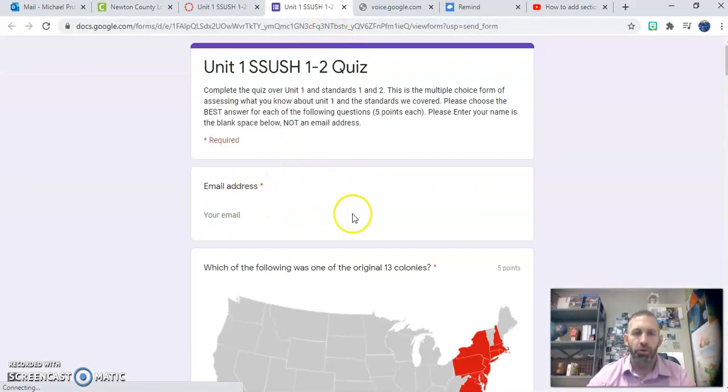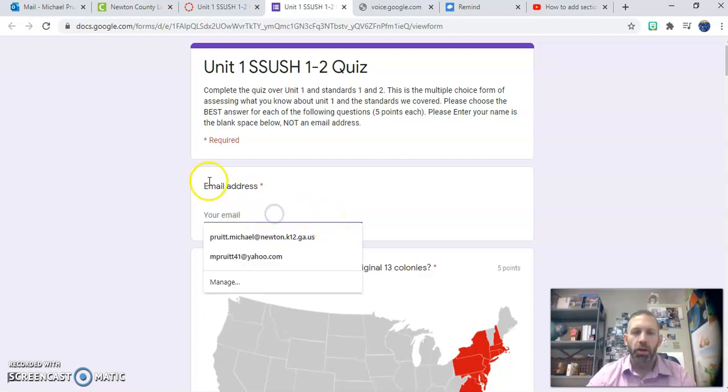It's going to pull up a Google form. Okay, now I want to make sure and mention this again in this video. Here where it says email address, okay? We want you guys, and I need to update the instructions here, but we want you guys to put your email address here. We want you to put your school email address because it has your first name, your last